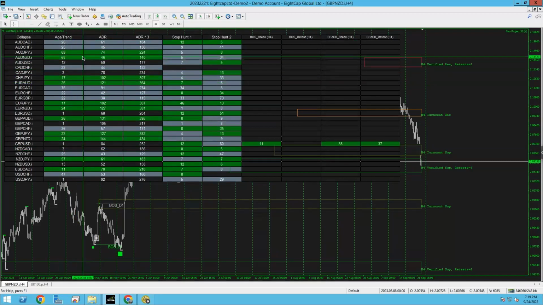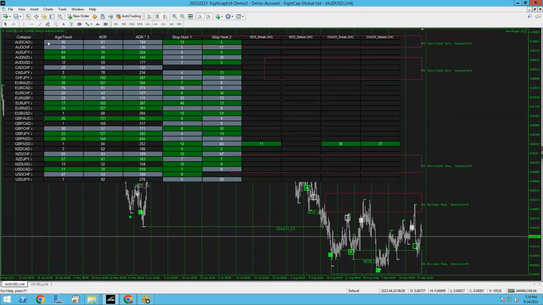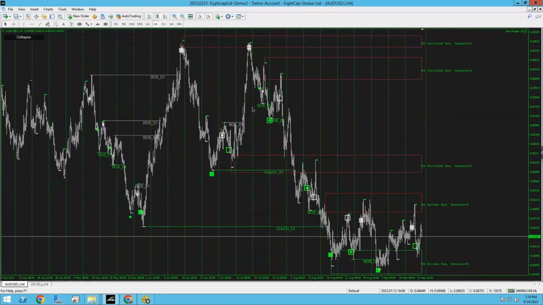If you use my template and preset, you're going to have the same dashboard as me and the same chart, everything. And there you go, boom. So now you know already what you're waiting on. So when AUD USD turns bullish, that's the only thing you can do next. Then you know the next thing to do. So let's go over to AU right now. Boom. Can you see how simple this is, people? So you're just waiting. Look, it looks like it's created even a head and shoulders. Left shoulder, head, right shoulder. The next thing it can do is break this proven level.